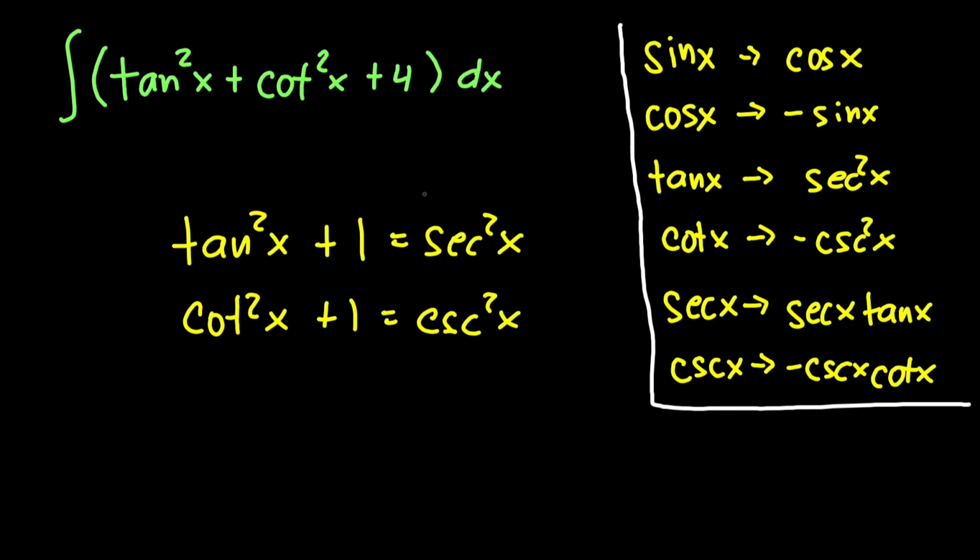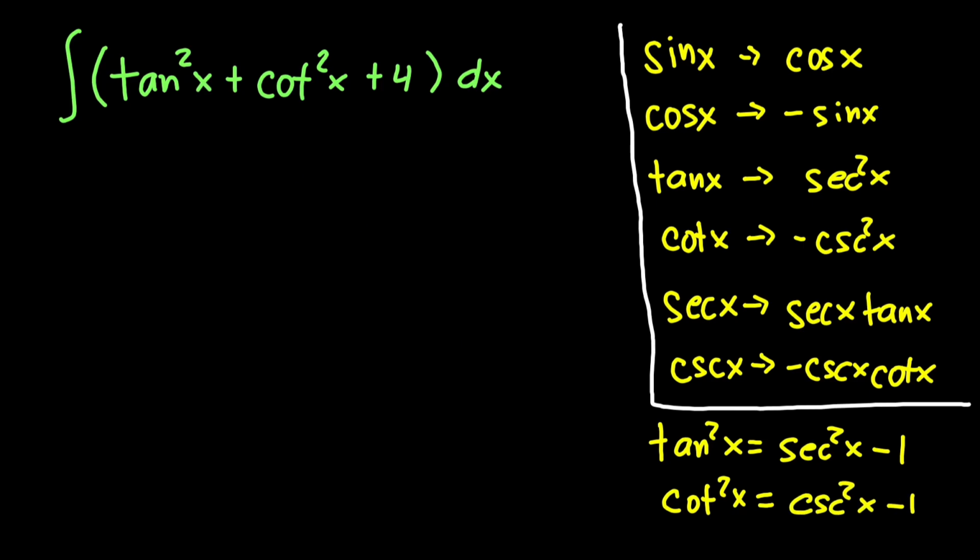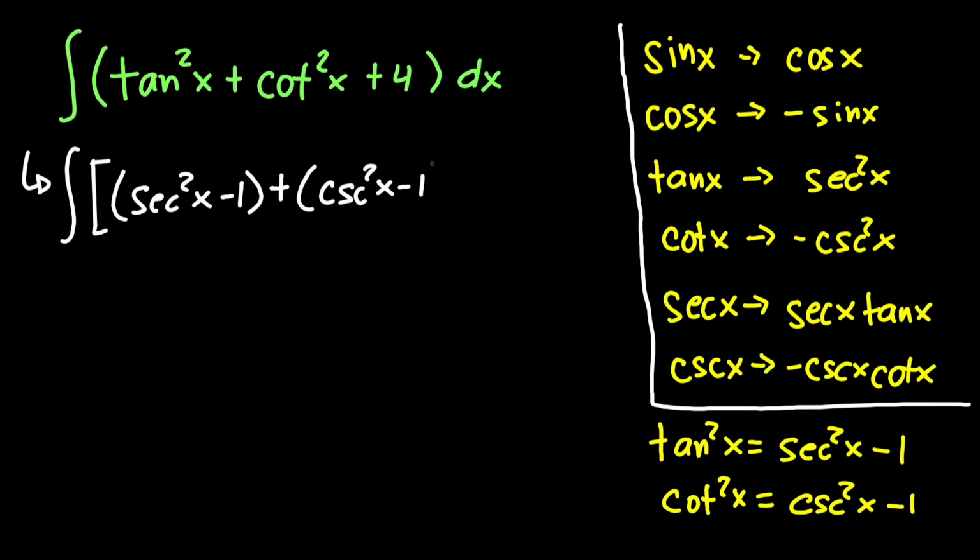So by transposing the 1 to the other side, we would have the value of tangent squared of x equal to secant squared of x minus 1, and cotangent squared of x equal to cosecant squared of x minus 1. So let us rewrite this first. This would be the integral of tangent squared of x, which is secant squared of x minus 1, plus the value of cotangent squared of x, which is cosecant squared of x minus 1, plus 4